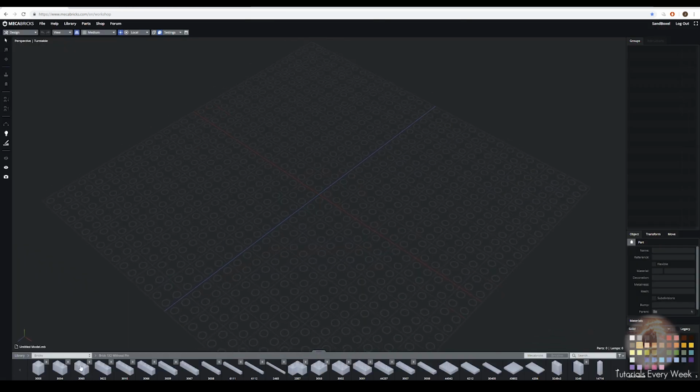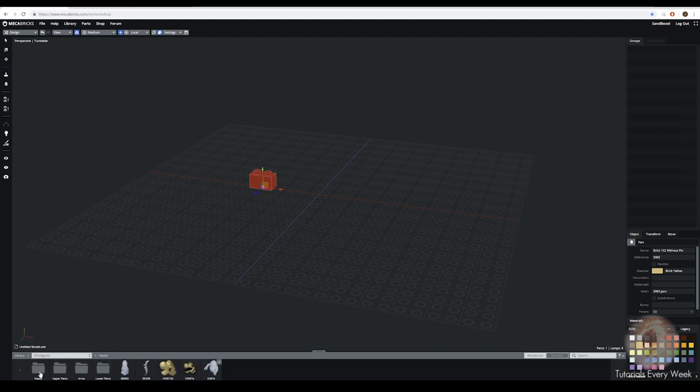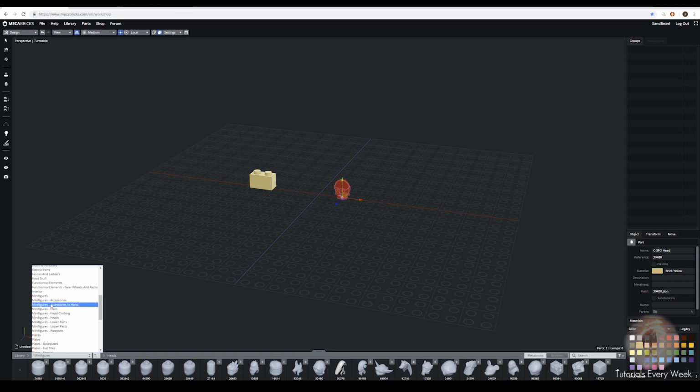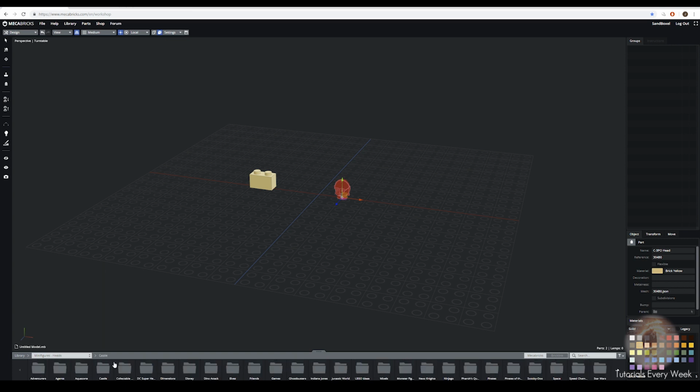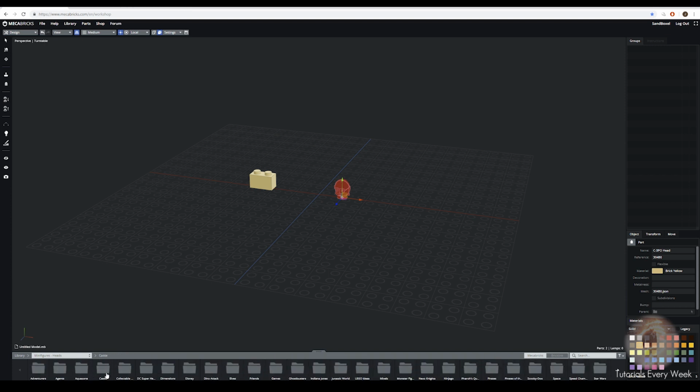So in here you can click some bricks, so say if you want a 2x1, put it over there. If you want to change it from bricks to anything in here, so there's minifigs. So say if you want a head, you can have like, say, CP3O. This tab here where it's actually minifigs is more like the odd ones. If you scroll down a little bit more, you can go to like heads, and this is where you'll actually find faces or characters, and they actually have some labels here, like the collectible DC superheroes, stuff